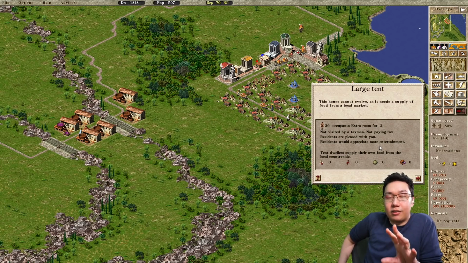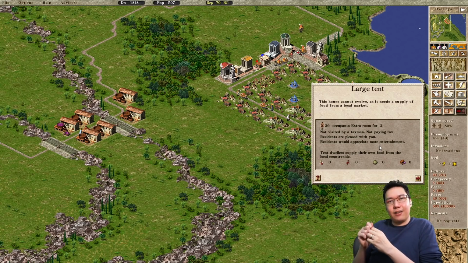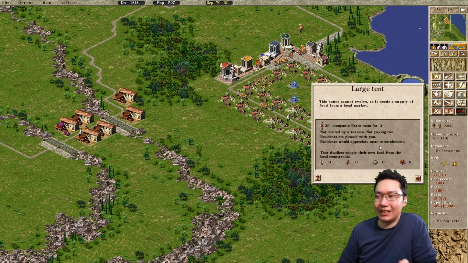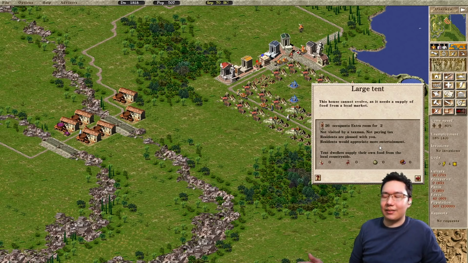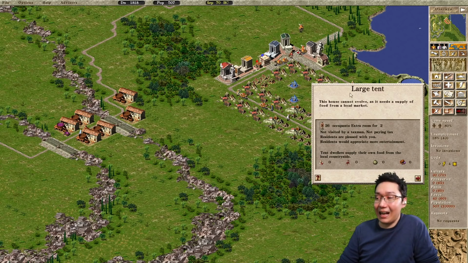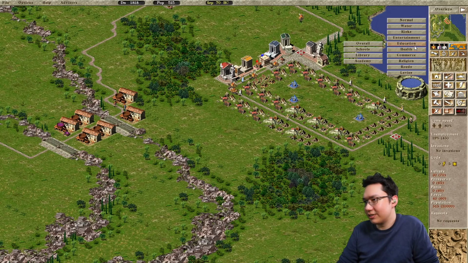Sentiment and crime. Crime now works a little bit like in Pharaoh, where when there is high crime, it sends out a walker that goes to steal something or goes to burn something, depending on how upset they are. So it's not just a protester on the street, a prefect comes along and stabs them. No. When they get upset, and it's on a per house basis, not a city sentiment, each house has its own happiness rating, which I think shows